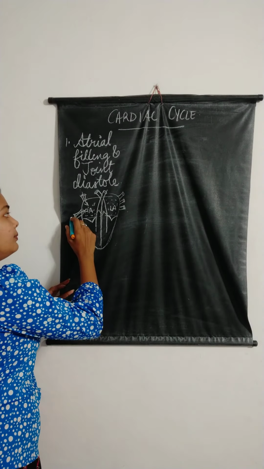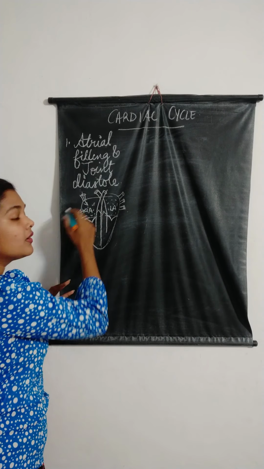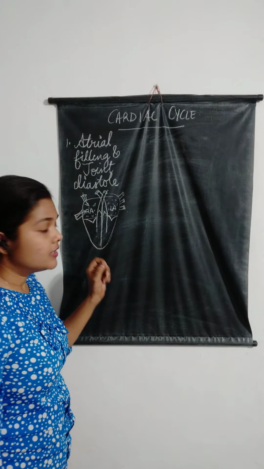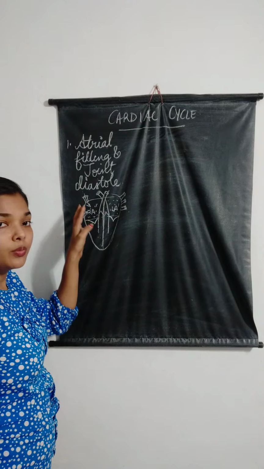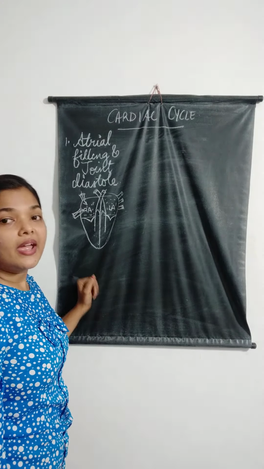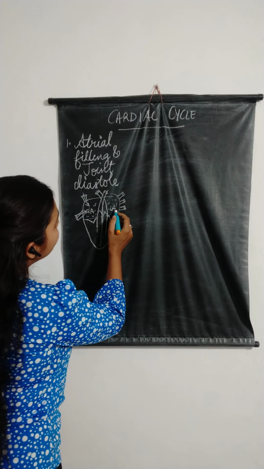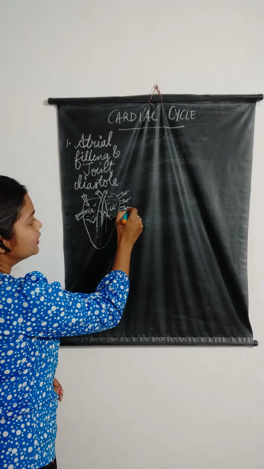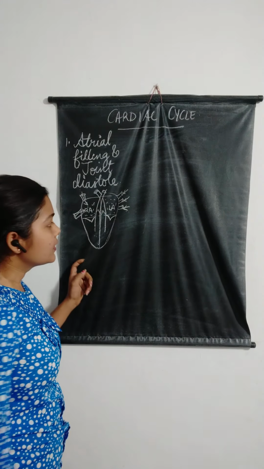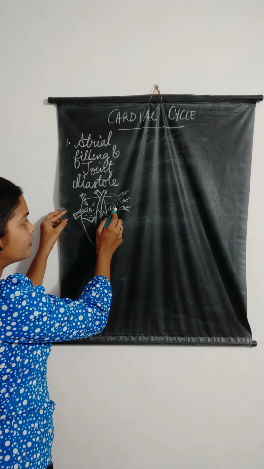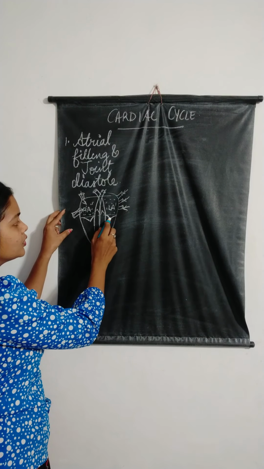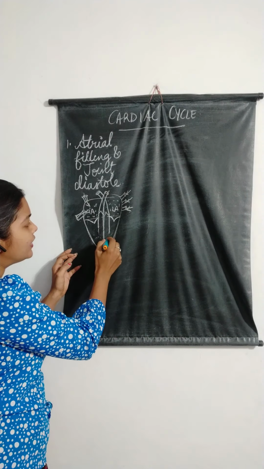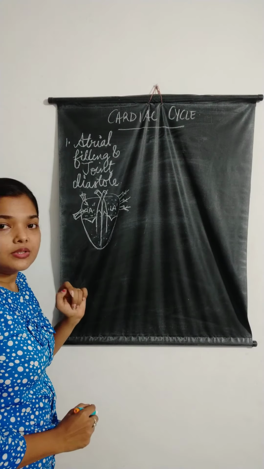Now, blood is brought into the right atrium from all the different parts of the body. Deoxygenated blood is passed into the right atrium through the superior and inferior vena cava, so the atrium gets filled up. Secondly, the left atrium receives blood from the lungs through the pulmonary veins. By the time this gets filled up, the valves remain closed. In the earlier stage, it will permit some amount of blood to enter the ventricles as well.